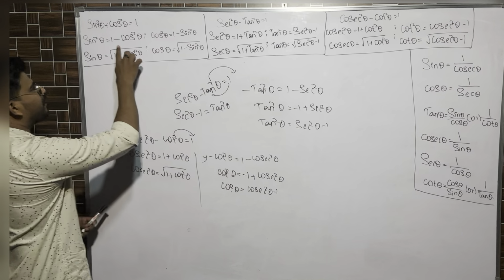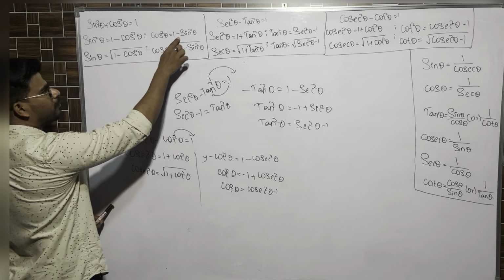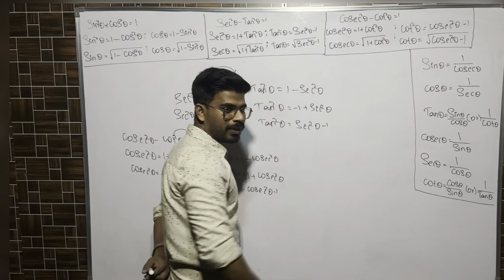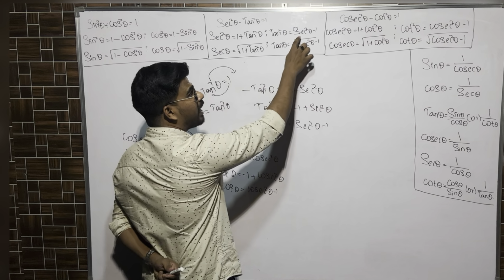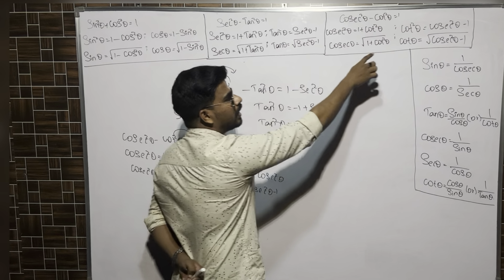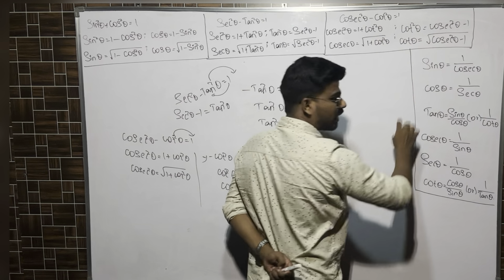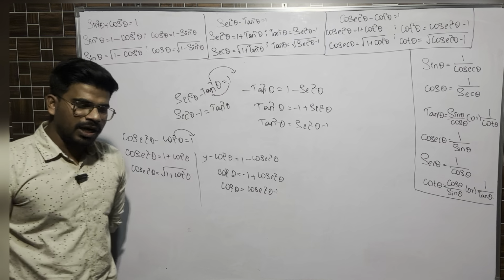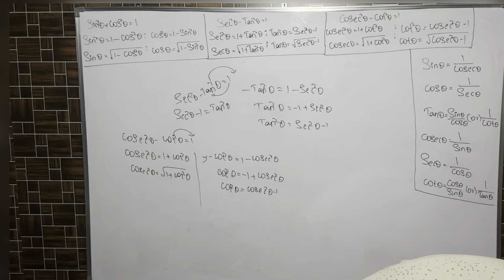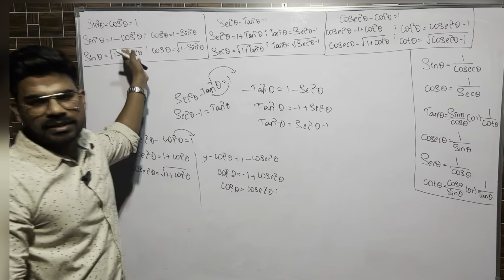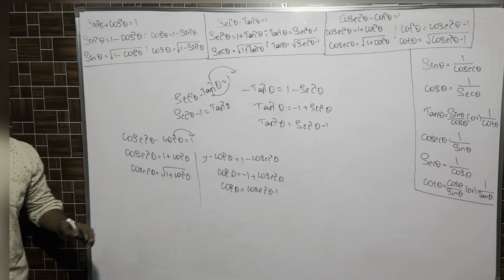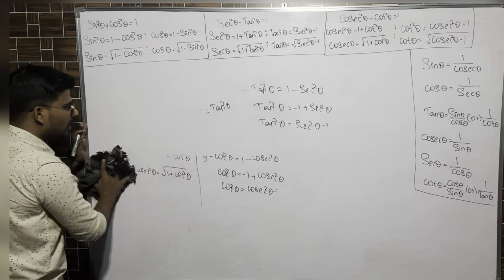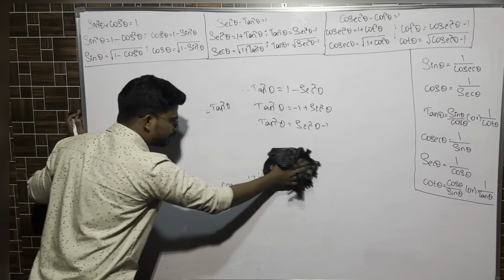In all the values, you will have first 1 followed by a trigonometric ratio. However, in case of tan, first a trigonometric ratio, then 1. In case of cot, first a trigonometric ratio, then 1. In these two cases, first you will have trigonometric ratio, then 1. In the remaining 4 cases, you will have 1 and a trigonometric ratio. First here if you have plus, there it will be minus. Here if you have minus, there it will be plus. That you already know. So these are the basic formulas which you should know before getting into the main problem.